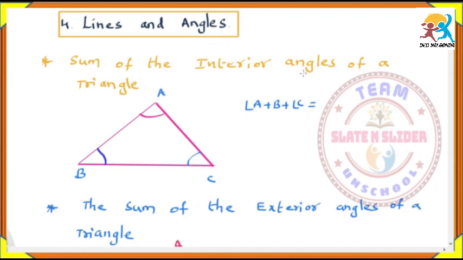Yes. Now add the three angles, angle A, angle B and angle C. So by adding these three, what do we get? Just find. It will be 180 degrees. So from that we can say that the sum of the interior angles of a triangle is 180 degrees.